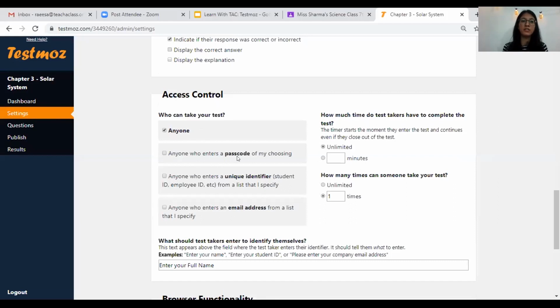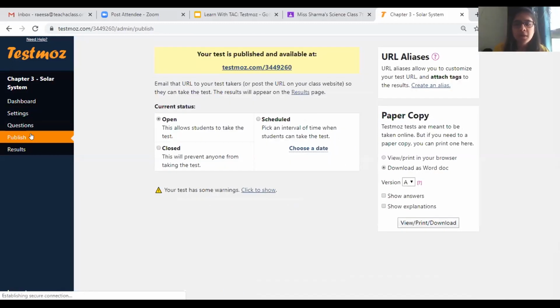Now since all of us are new in this online teaching space, in the beginning I would suggest not to enter a password till the students get used to the platform of Testmoz. Once you know that your students are well aware, that is after taking 2-3 quizzes, then we can start entering a password. So they will simply put their name, their roll number and the password and click enter. Great. I hope that answers the question regarding the warnings.